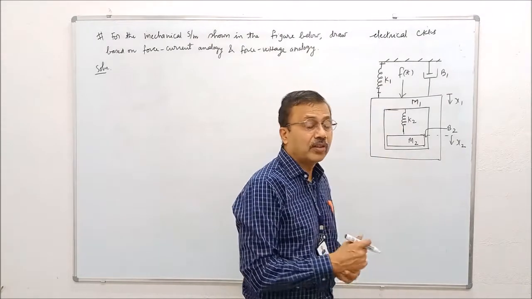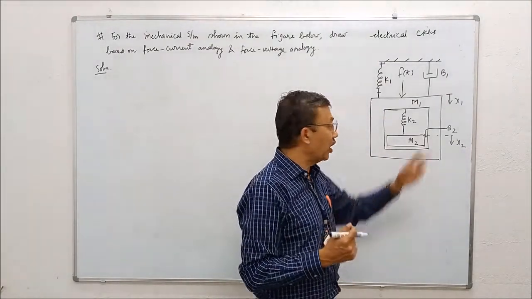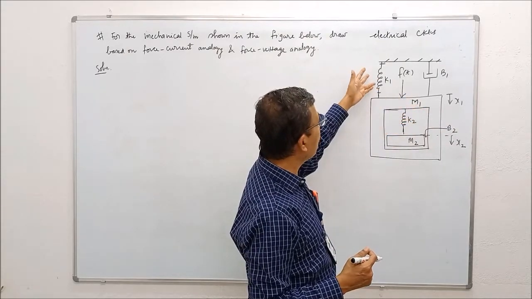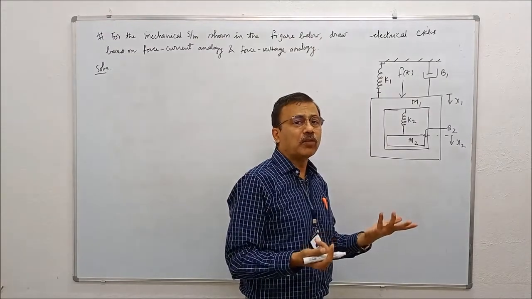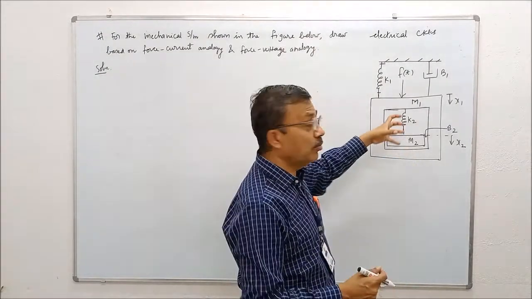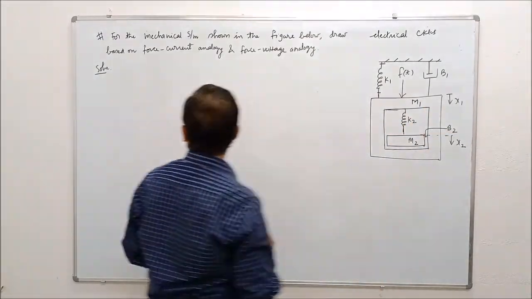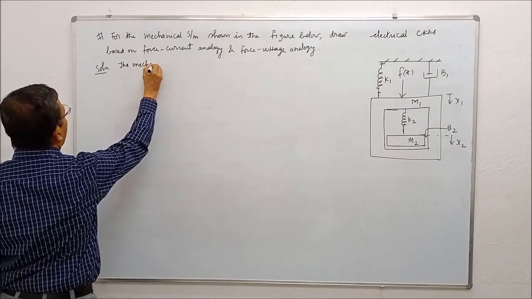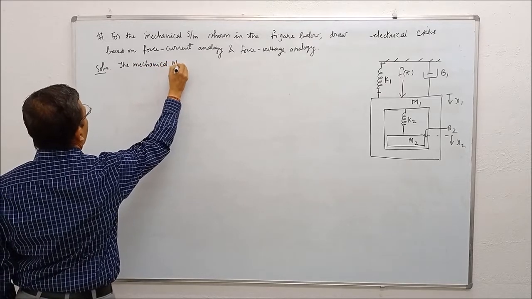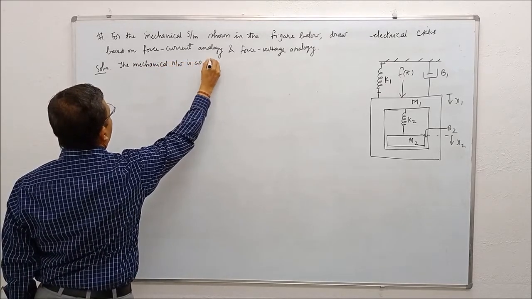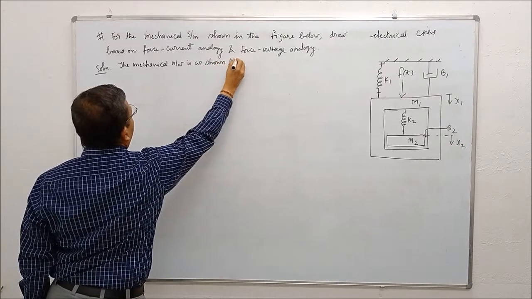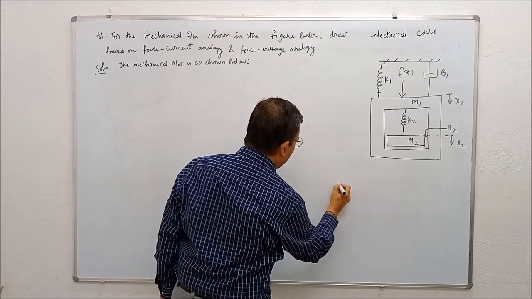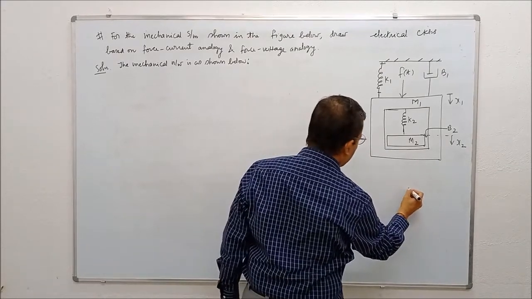We have got two masses. Minimum number of displacements must be 2, x1 and x2. Also, the displacements on either side of the springs and dampers are different. Therefore, two displacements are sufficient to describe the system dynamics. The mechanical network is as shown below. There are two independent nodes x1 and x2.